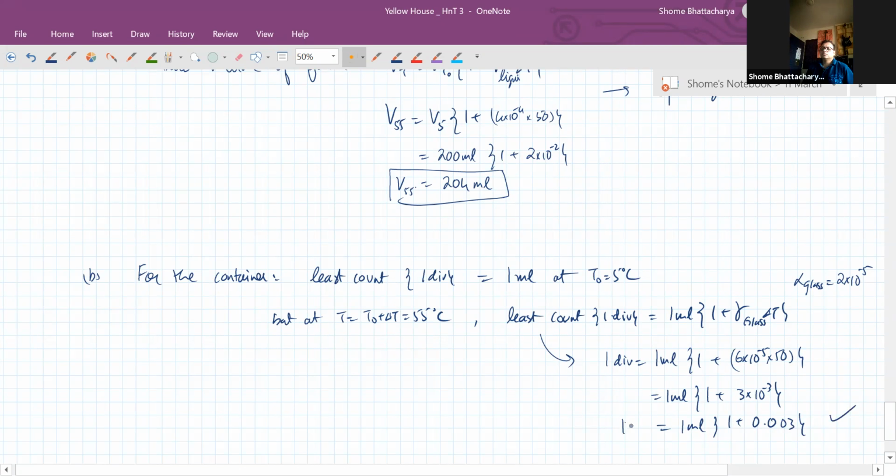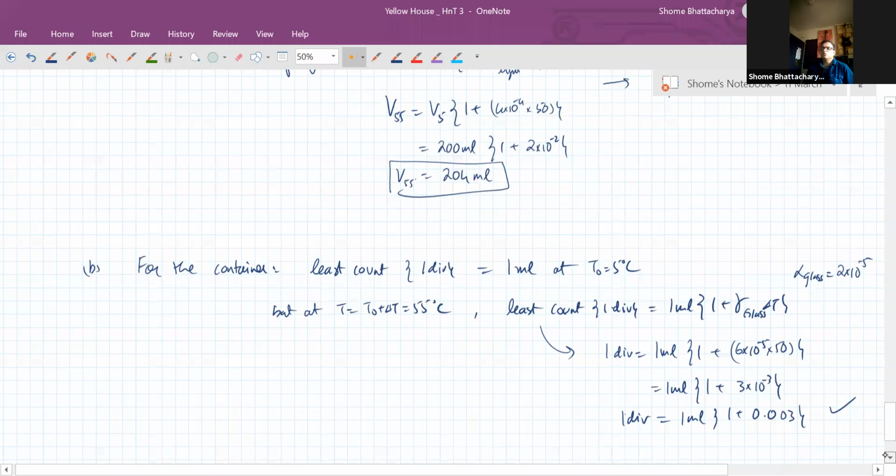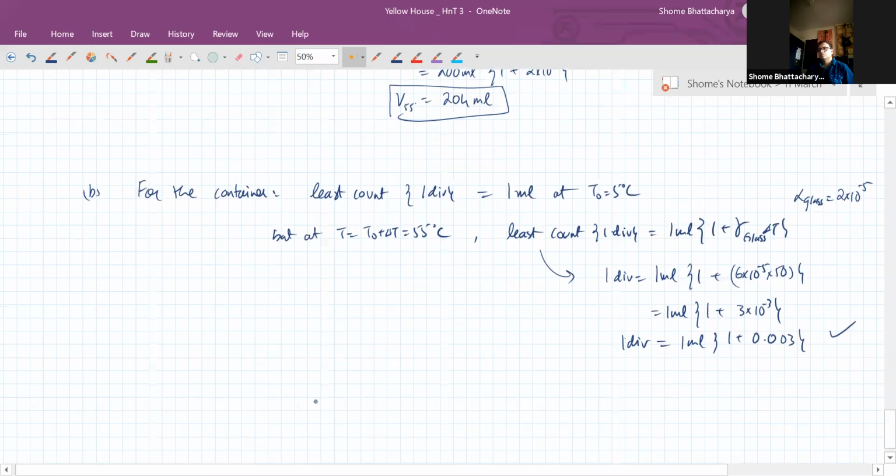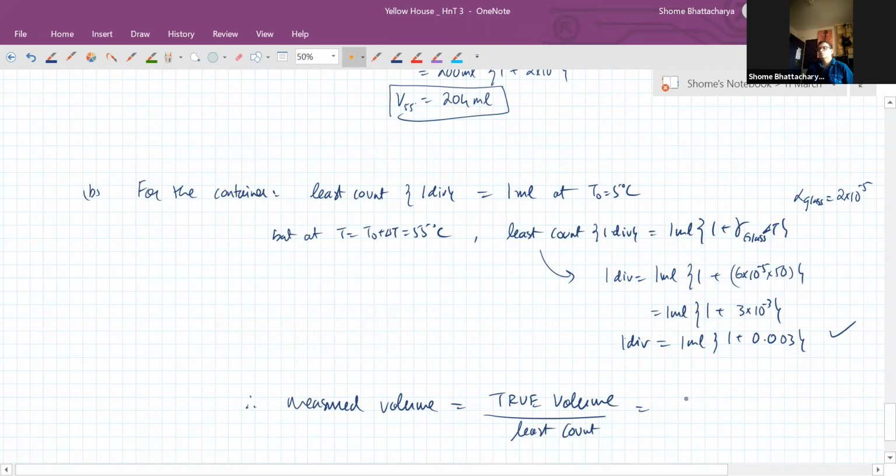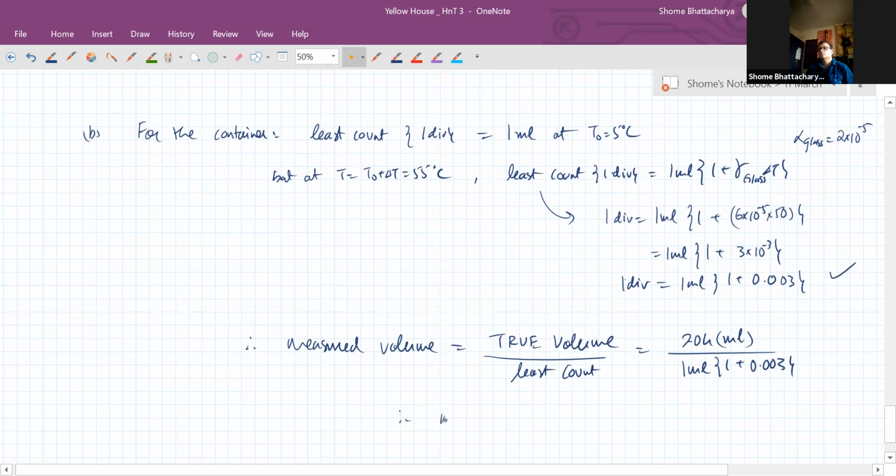This will become one division. So the measured volume will be the true volume divided by the least count. Okay. So the true volume is 204 milliliters, but the least count is this. So that's why you can see that the measured value